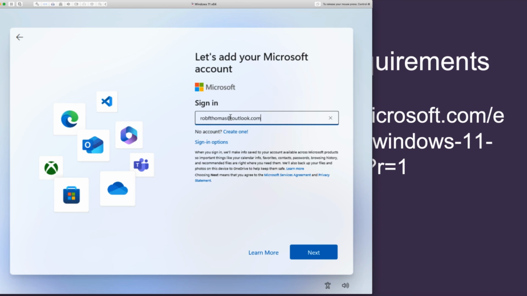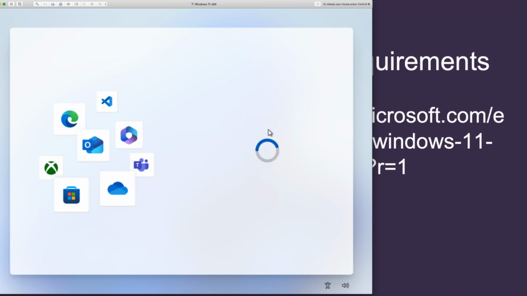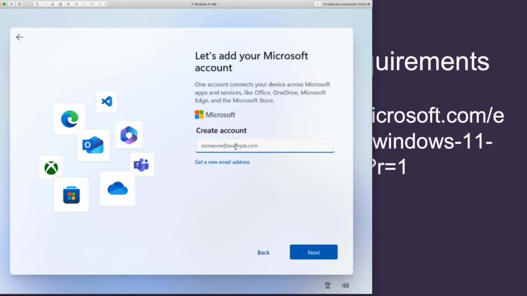I'm going to try this. Doesn't work. I'll probably create one. You know what? Let me create one. Get a new email address. I'll call it Rob